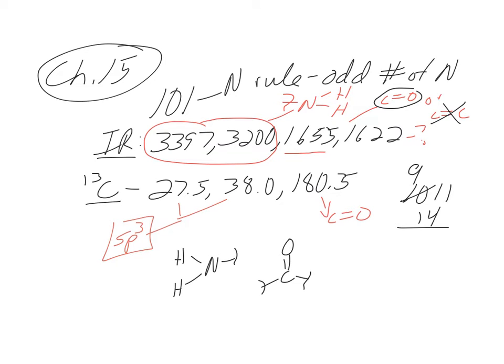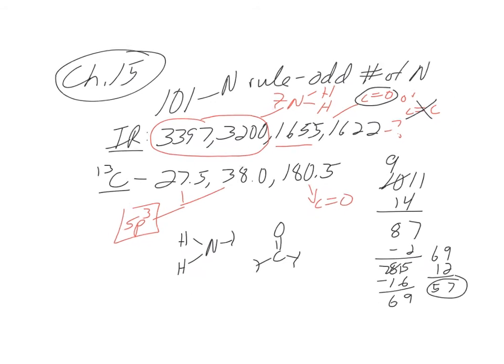Right? So that's 87. Two H's are 2. That's 85. 85 minus 16, which is an oxygen, is what? 69. 69 minus 12 is what? 57. So I have 57 left to play with, right? So presumably all I have left is carbon and hydrogen, because these are both aliphatic, they're both sp3. So if I have 57, it means